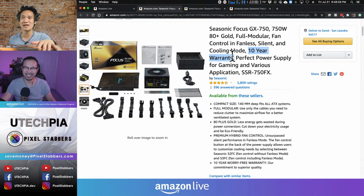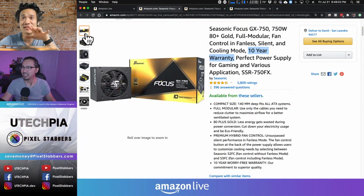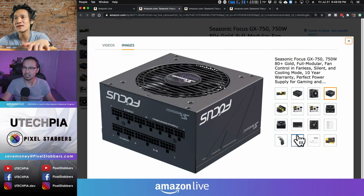These do get pretty hot, but not the Seasonic one. These ones run really cool. In fact, check this out. It runs so cool that the fan doesn't need to turn on. So they have what's called...